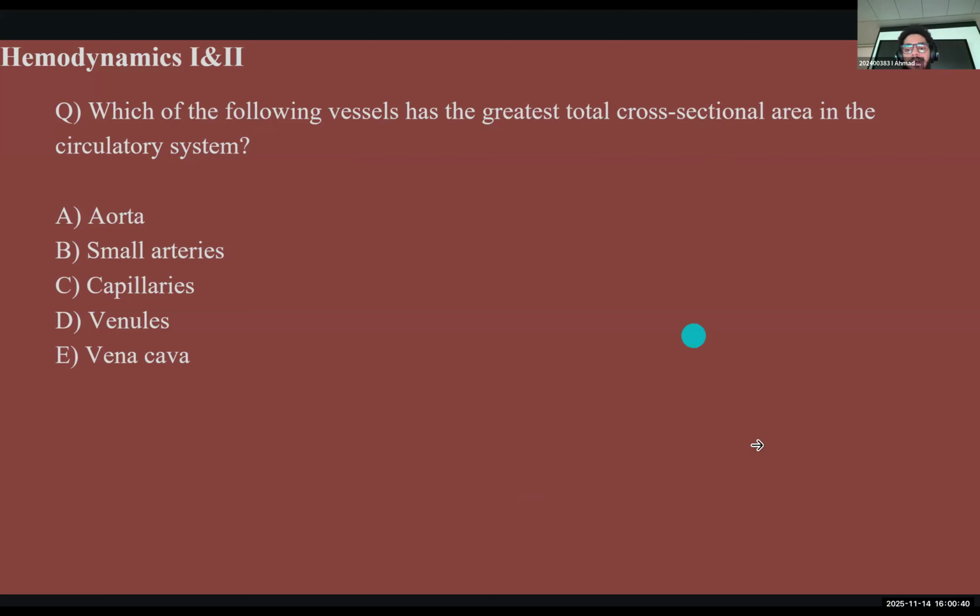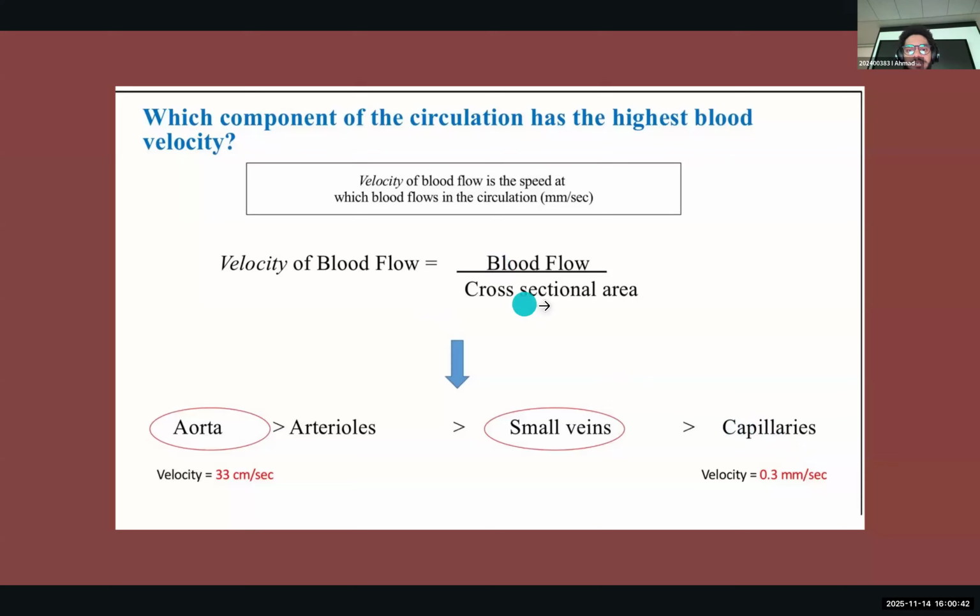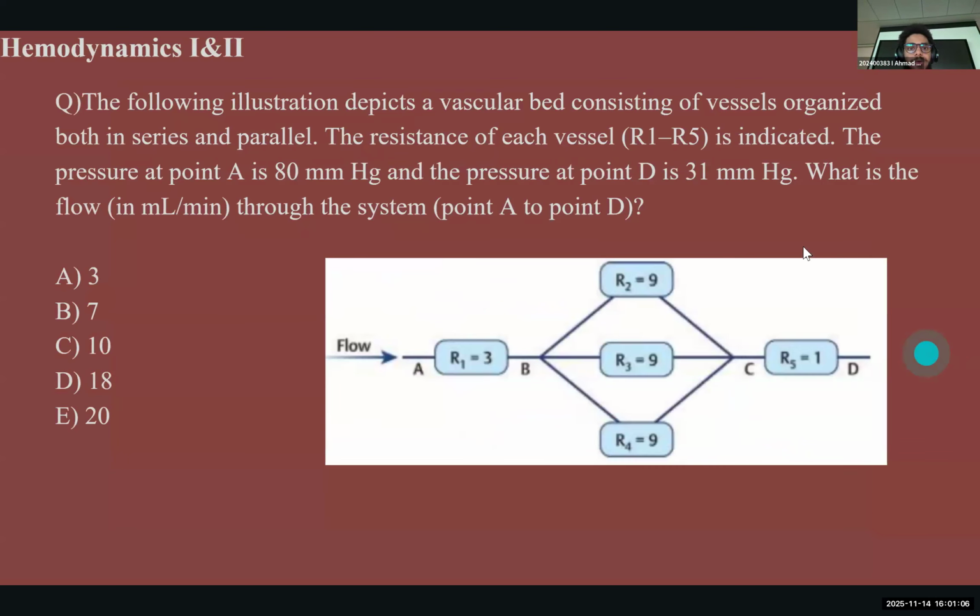Simple question. Since capillaries have the highest cross-sectional area, they have the lowest velocity of blood flow because it's inversely proportional. Think of it like I'm asking you to fill a cup with juice versus me asking you to fill 100 cups with juice. If it's spreading around rather than going into one place, it's going to be going at a slower speed, and that makes sense. Okay. Now, this question. Let's see if the PAL was really done well, mashallah.